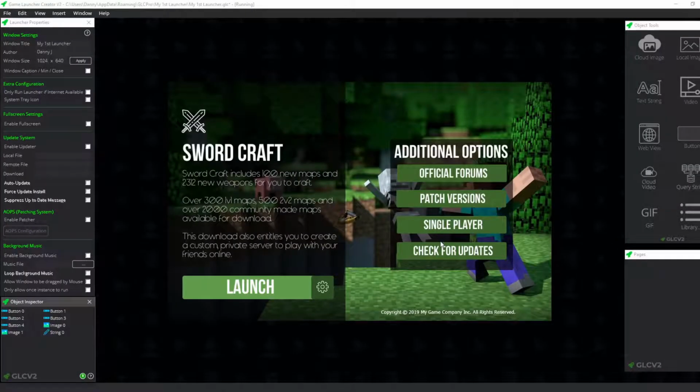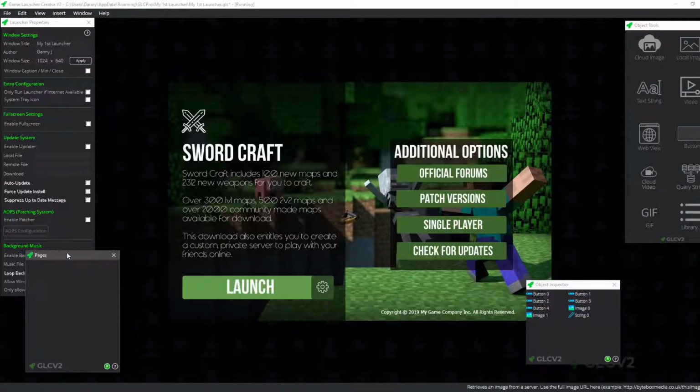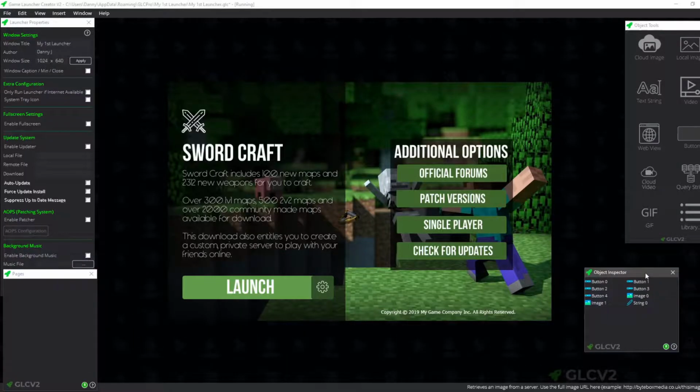And Game Launcher Creator creates everything for you. That's the whole project set up now. So as you can see, you're presented with a nice clean interface. Now all these dialogues here are movable, so you can literally move them anywhere you want, create your own workspace